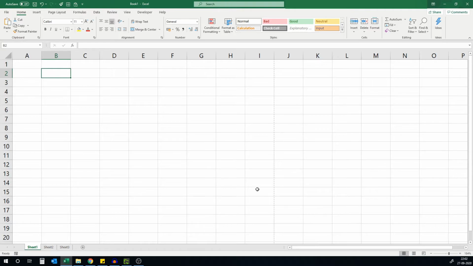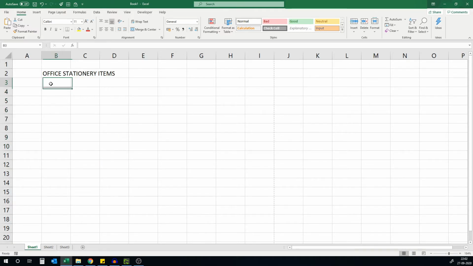Now let's try to create a list of office stationery items just to get a feel of how Excel works. Before doing that, let me tell you, I can use the Enter key from my keyboard to move down and the Tab key to move to the right. To start with, I will double-click a cell and add a heading to my list as Office Stationery Items. What we are going to do next is to list out different products in a column and then corresponding quantities in the column next to it.